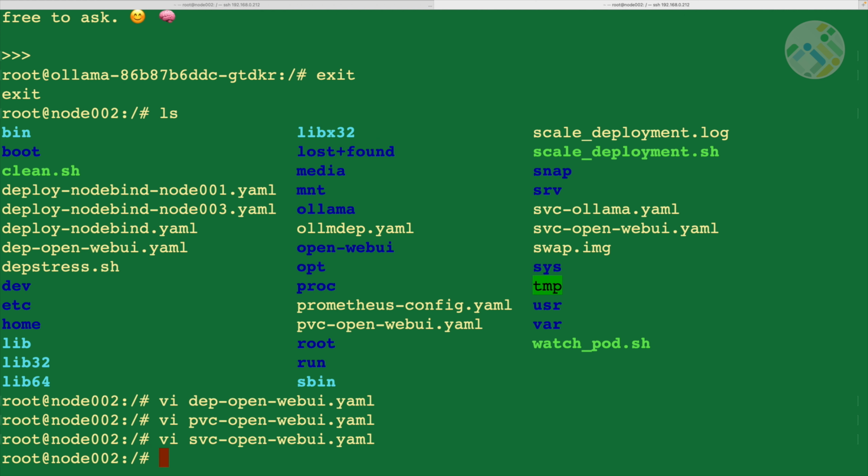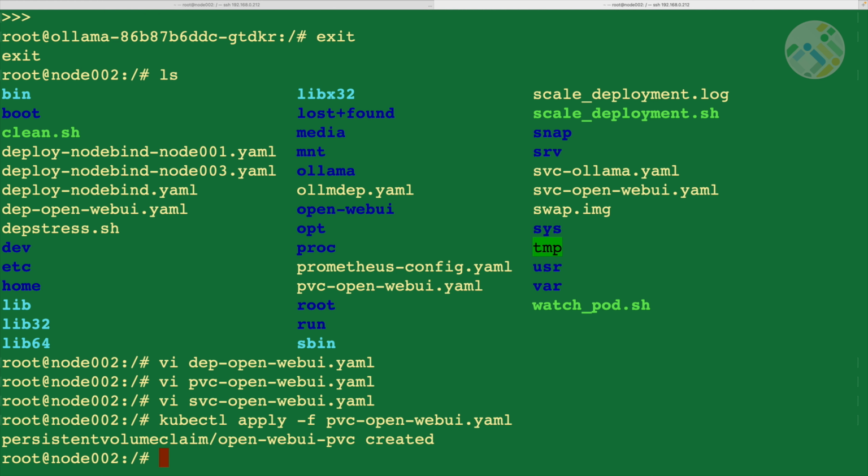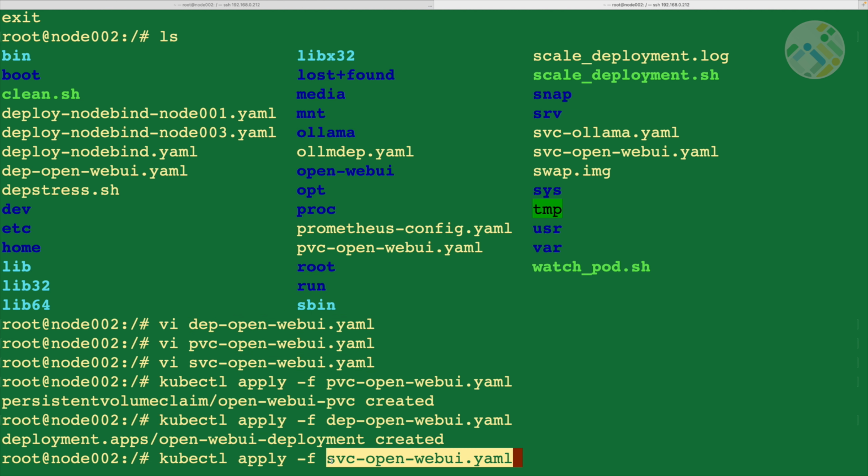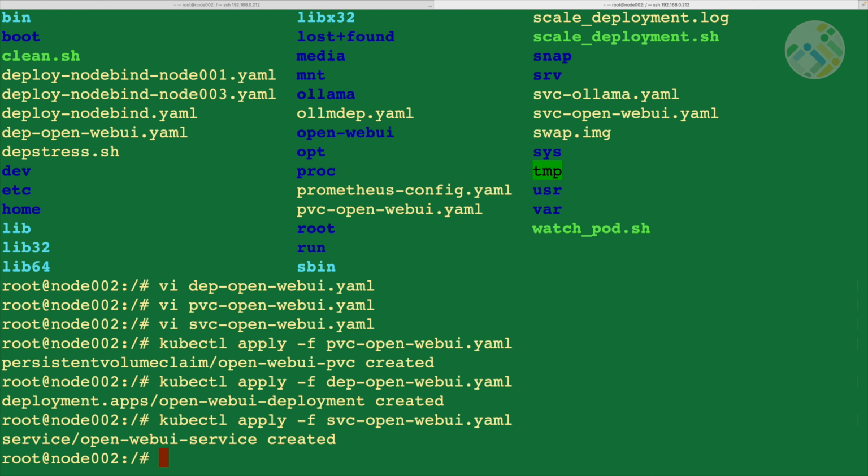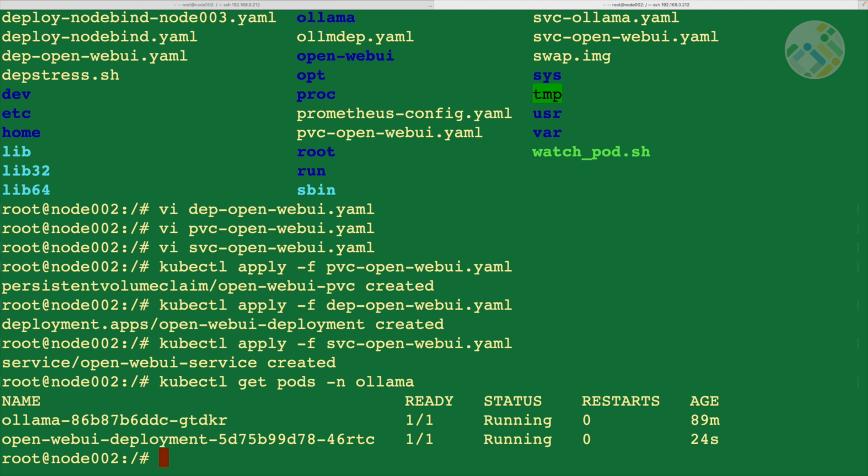The service, we obviously want to access this externally. I'll just simply use node port, with direct access from my laptop to that service. So let's bring it on. We create the persistent volume claim, and then we're gonna create the deployment itself, and finally we have the service deployed. Okay, so now if we check if the pods have been created in the Ollama workspace, we do see